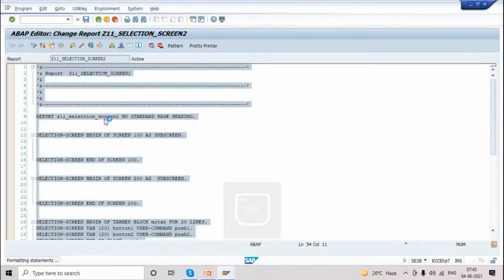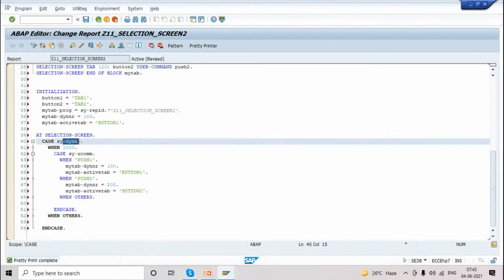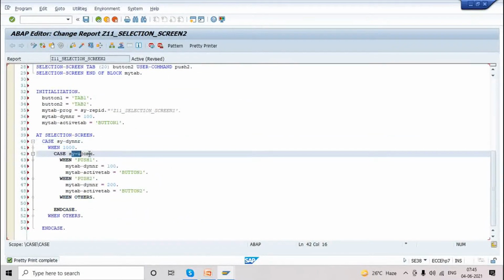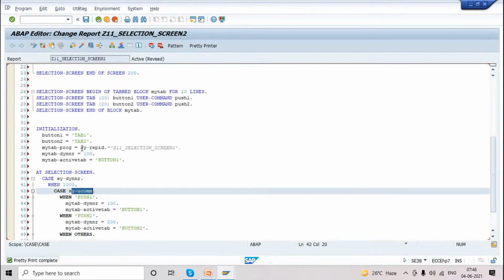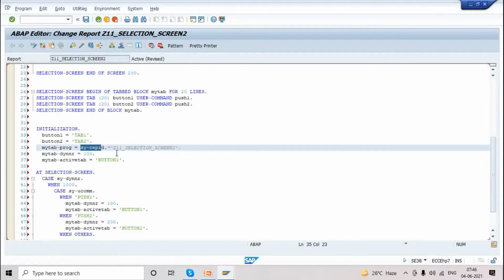Like sy-dynnr will capture the current screen, and sy-ucomm will capture the current activity, the current mouse click. We always have system environment fields, and we should prefer those. I wrote this initially to help understanding. So now we are using sy-repid. If you change the program name, it will capture the latest program name.